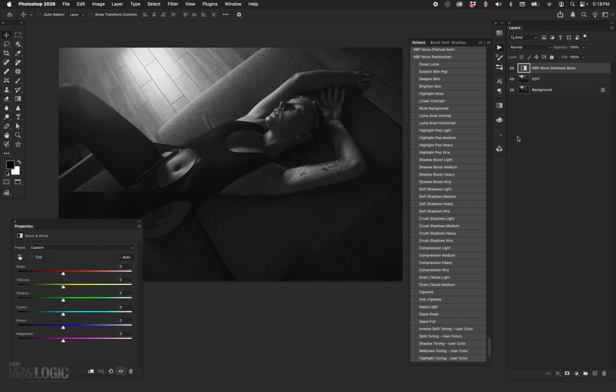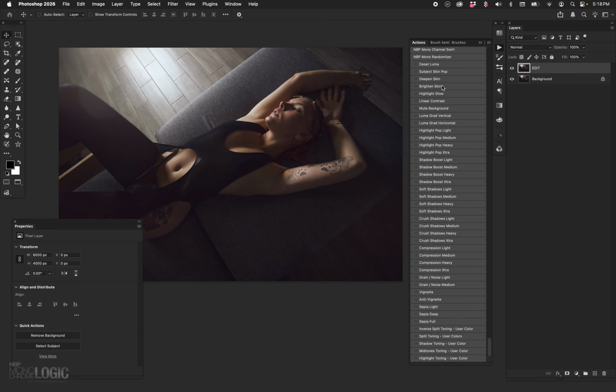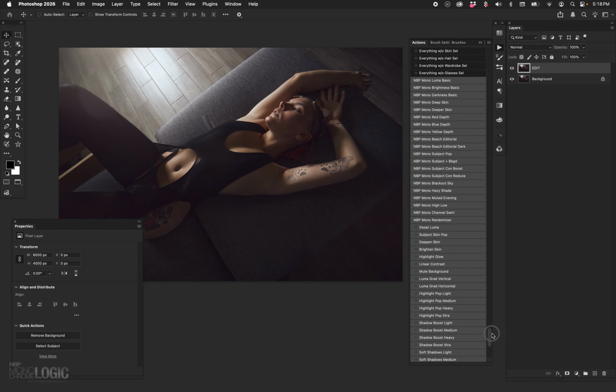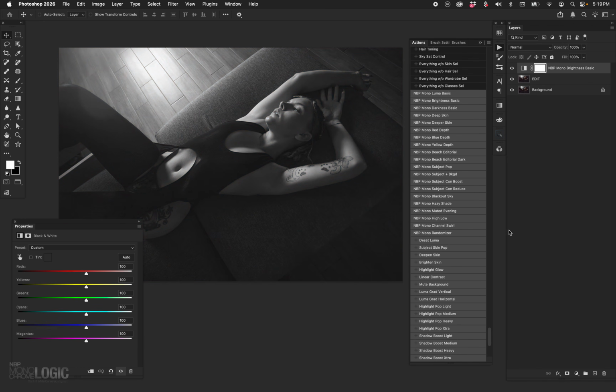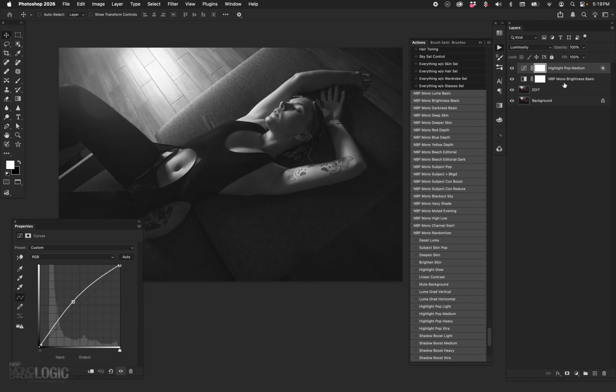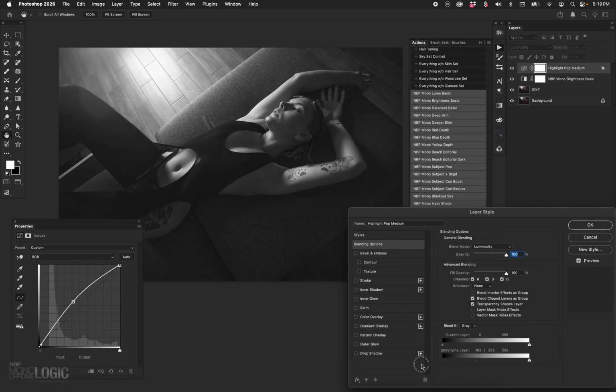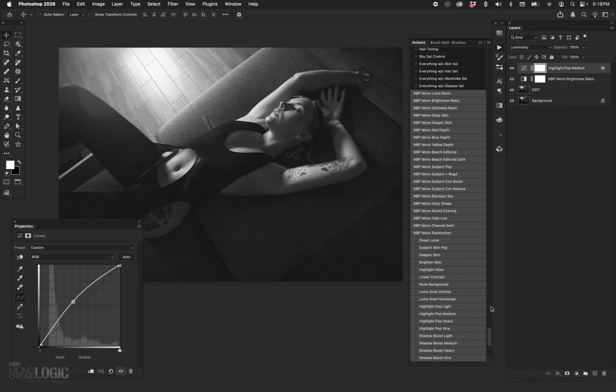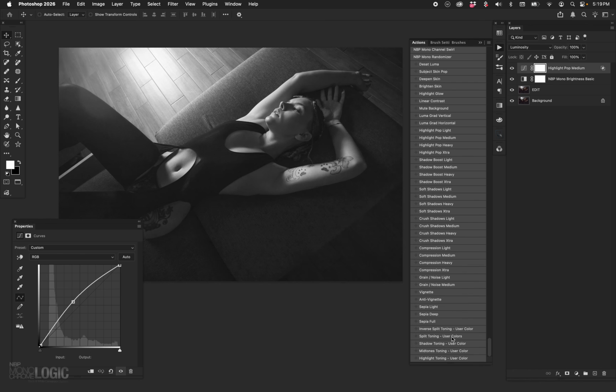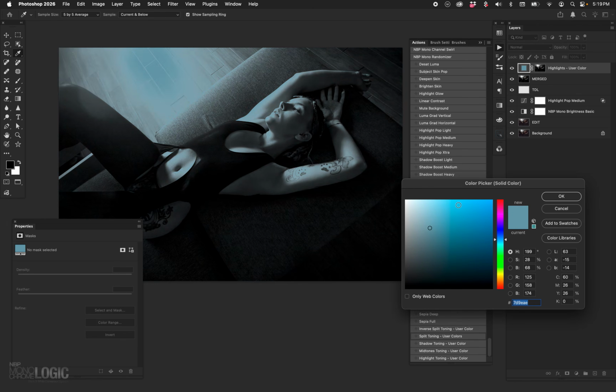For example, let's say I turn off the mono darkness and I go to, let's go back to one of these. Let's say I go to brightness basic, right? And then on top of that, I'm going to say highlight medium. Okay. And I didn't do a whole lot. We're going to increase the range of that, which is why we can. There we go. Now, if I come down to split toning user colors, the first color, the blue again,